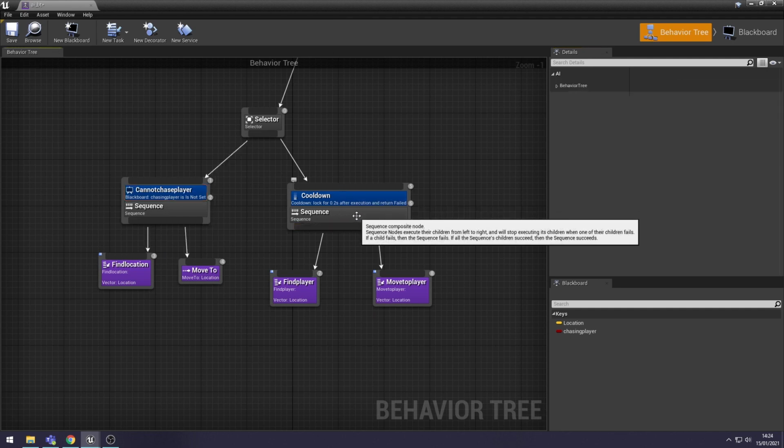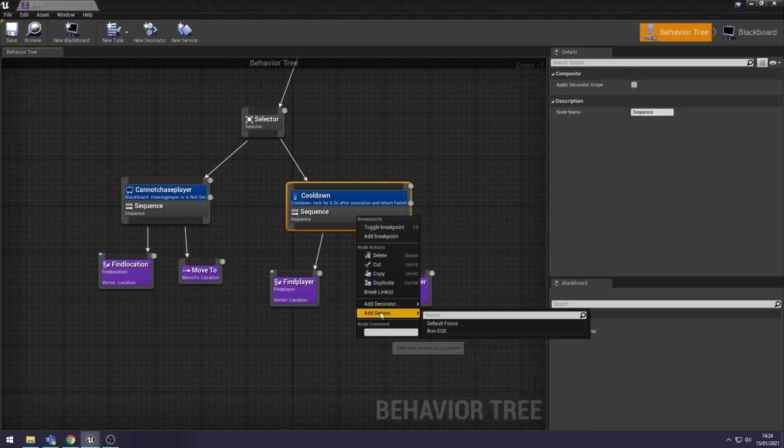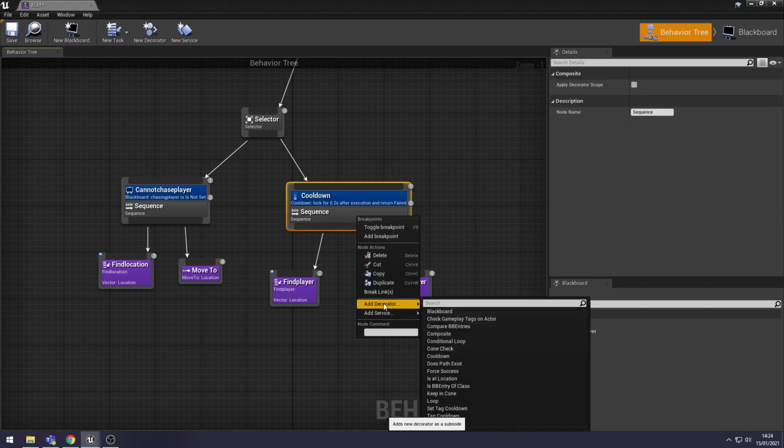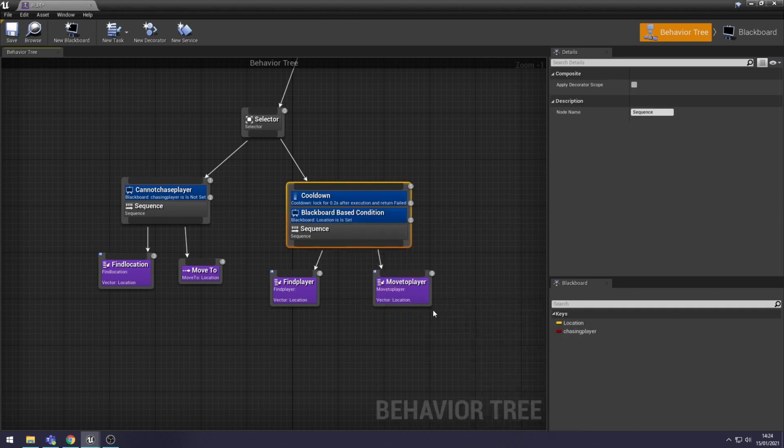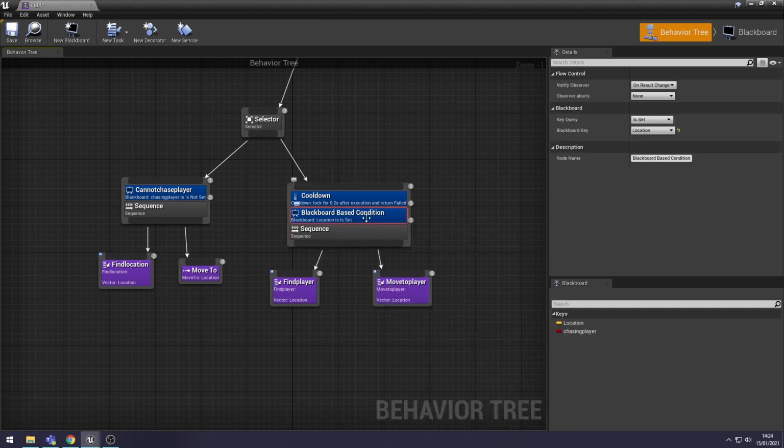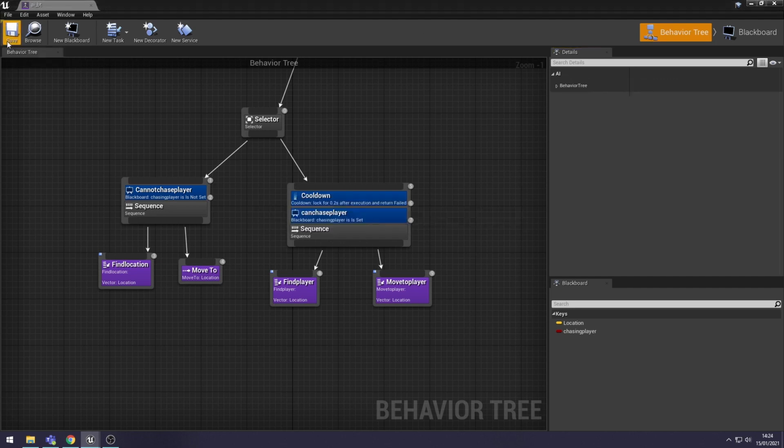We want to do the same on the right. So select our sequence on the right, right click, add decorator, blackboard, select it, go to details on the right again. We want it to be is set and the blackboard key chasing player, and we'll rename it again, can chase player. So that's that done. So if we save,